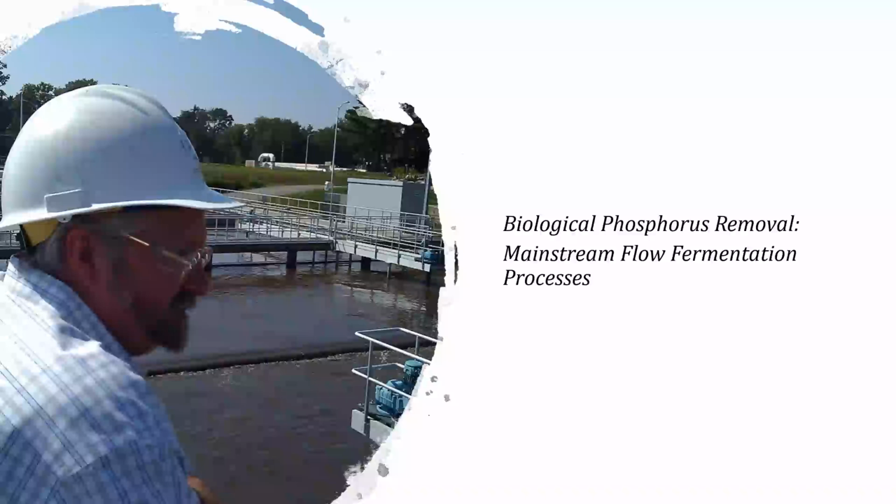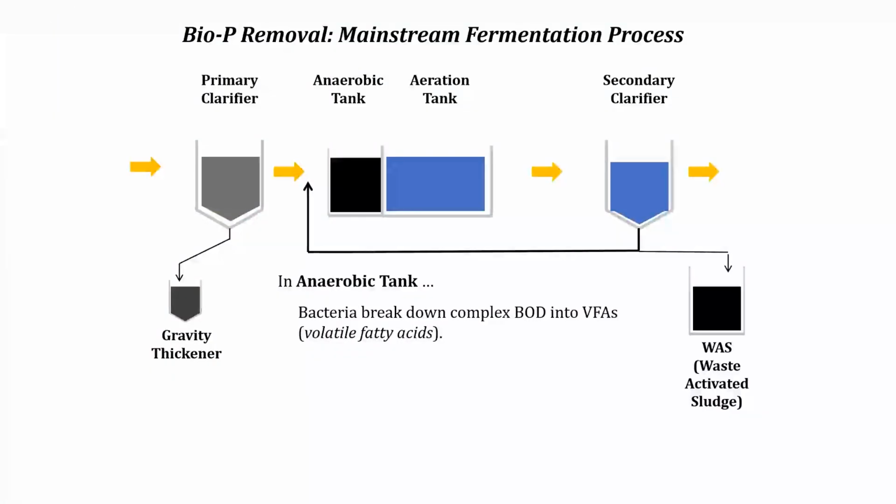So I'm going to go with no side streams first, and then we'll get into those that do have side streams. I think it gets a little more expensive in the design. So we'll start with the less of the very expensive designs, and then we get into the even more expensive of the expensive designs for phosphorus removal. So to do this, I'm going to